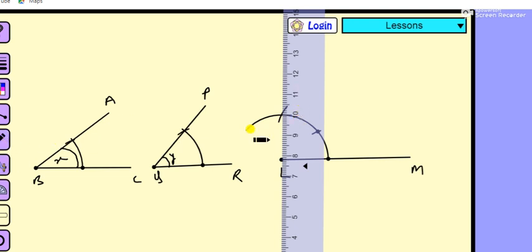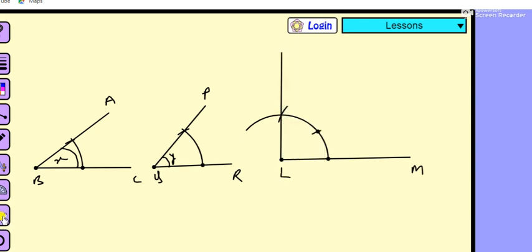Like this, draw the line, which is very clear, and remove the scale. That is the measurement of these angles, x plus y. This one is x plus y. So you have to write here: this is the angle x and this is the angle y, so that the whole angle is x plus y. So it is clear. Your measurement is, you can write here, the point is N.